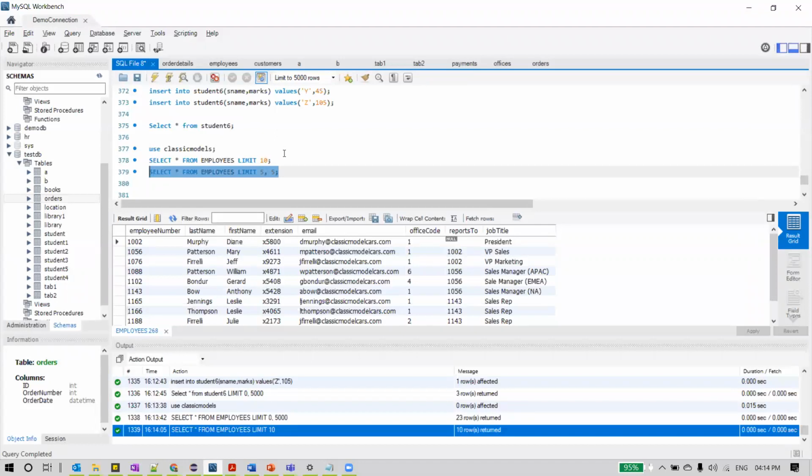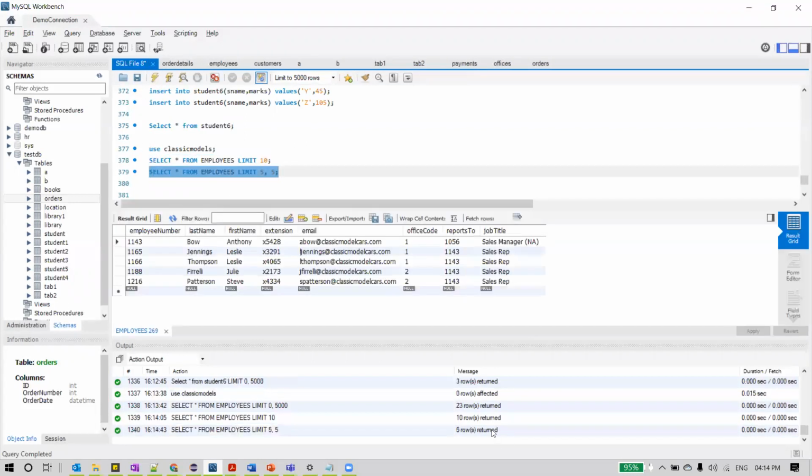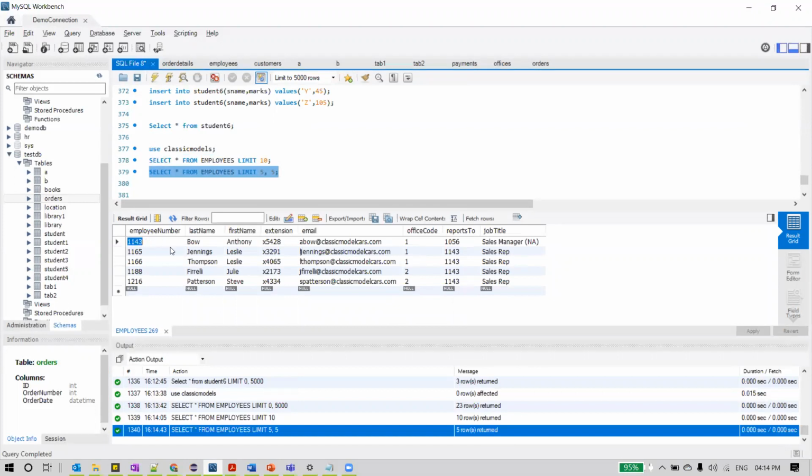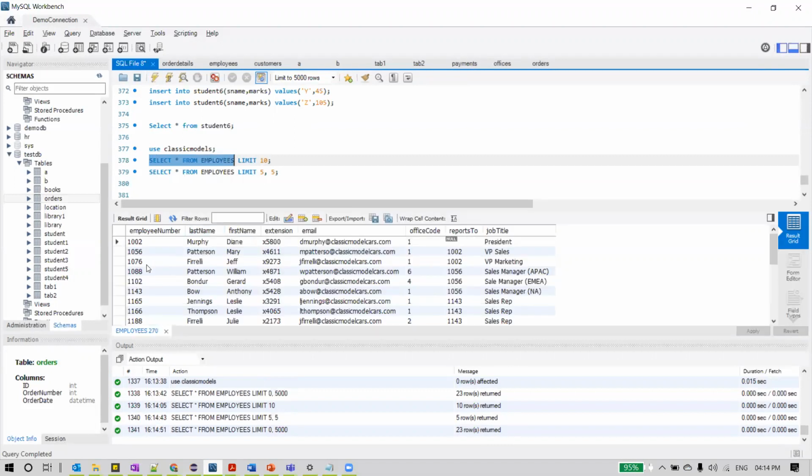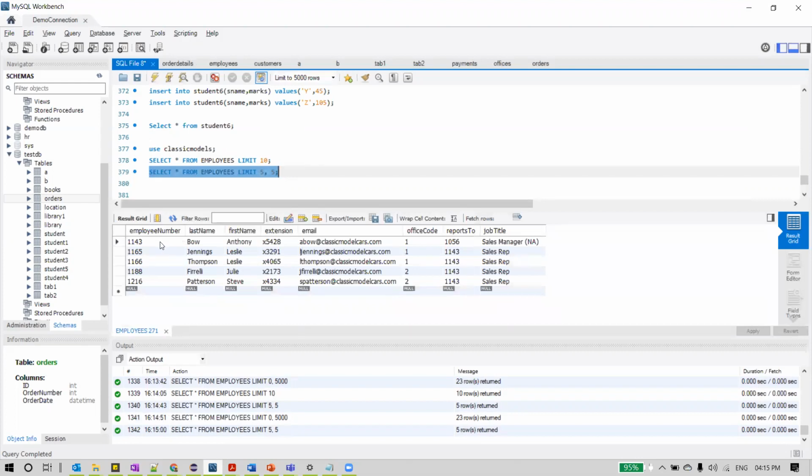Now limit can also be used in another way, where we specify the offset and then how many records we wanted to fetch. So what offset means is, from the 5th row I wanted to read 5 rows, is what you are saying with this syntax. Now you can see there are only 5 rows returned. Let me execute and show you again. So 1 2 3 4 5, you can see it here, right? Whatever is the 5th record, from there it will pick up, and 5 rows will be returned. This is the meaning of limit 5 comma 5.